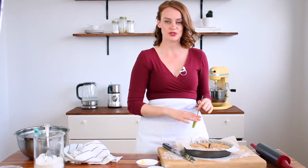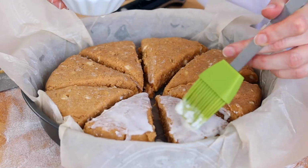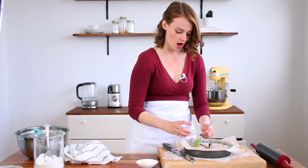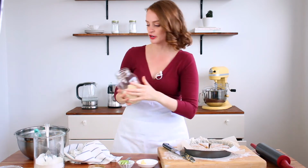Now that our scones are ready in the pan, we're just going to brush them with a little bit more cream. This is going to give them a nice sheen and also help to crisp up the tops. Another thing that you can do is just take a little bit of coarse sugar and